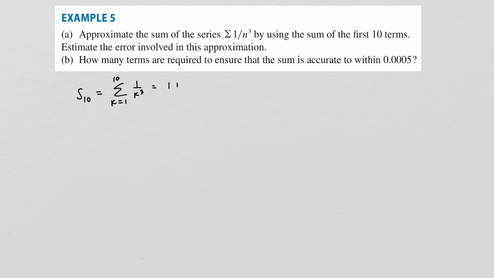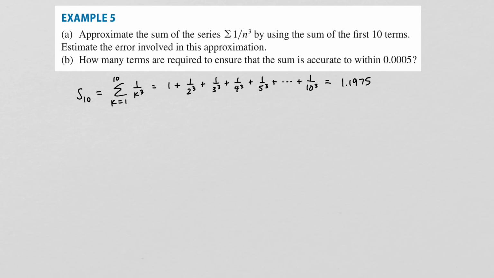And this is going to be 1 plus 1 over 2 cubed plus 1 over 3 cubed plus 1 over 4 cubed, etc., right? All the way up to 1 over 10 cubed. And we'll go ahead and use a calculator to approximate this. And this is